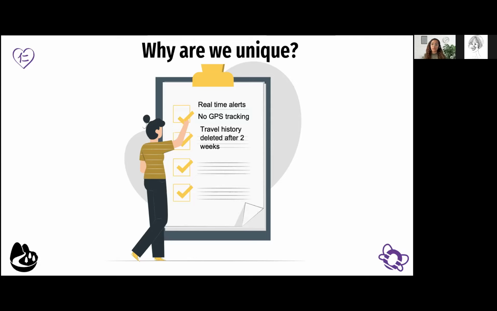We only keep data for 2 weeks. So travel history is deleted after 2 weeks, which is the estimated incubation period of COVID. And this means that we only keep data that will keep you safe. We don't keep any personally identifying data apart from that. It is identityless. So whether you want to use another device or you want to just make sure that nobody can track you based on your logged locations, this is not possible through LCT.